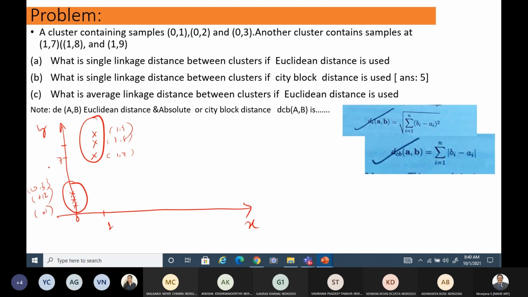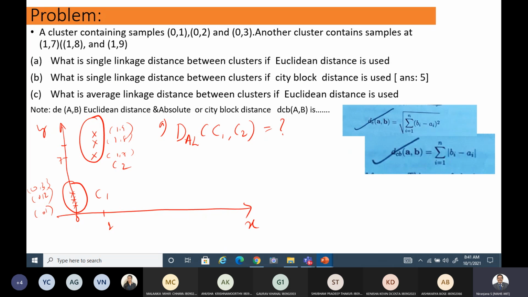Now, this is a problem in which the clusters are already provided. So you have to apply your algorithm and just find the single linkage cluster distance between the given clusters, where you can adopt Euclidean distance as the similarity measure, right? Part A, you need to calculate D_SL between the given clusters C1 and C2. Suppose this is C1, this is C2.